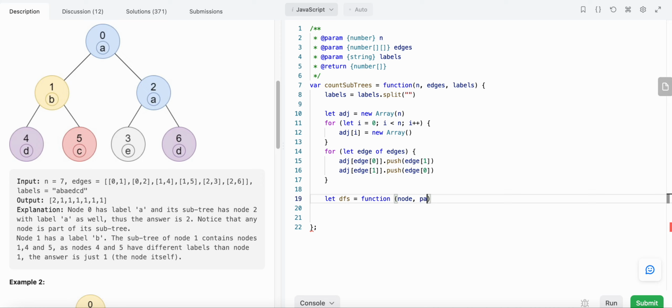We pass our node and our parent, and then we define a map variable to store the count of the labels we have encountered in that subtree. And then we loop over each of the neighbors